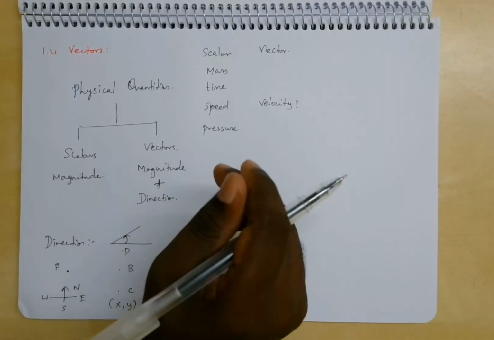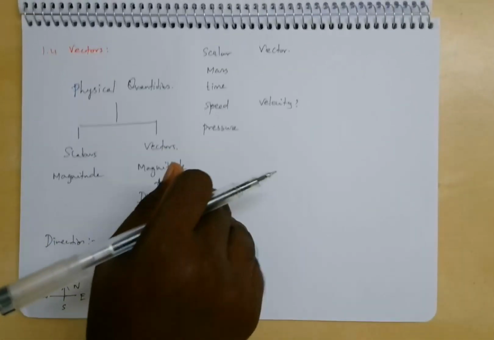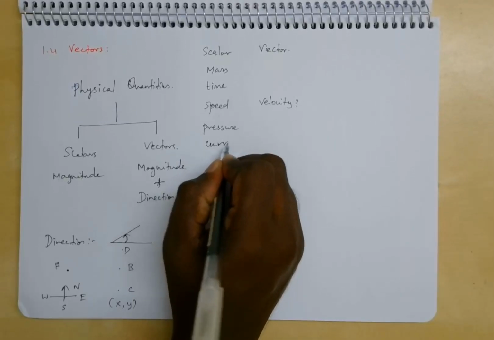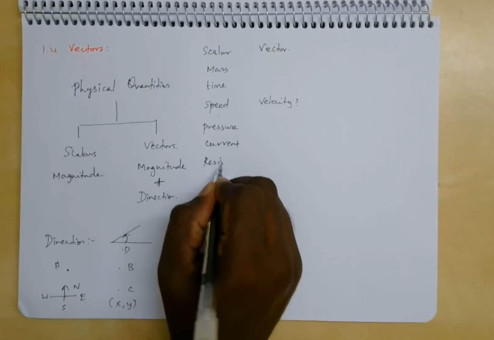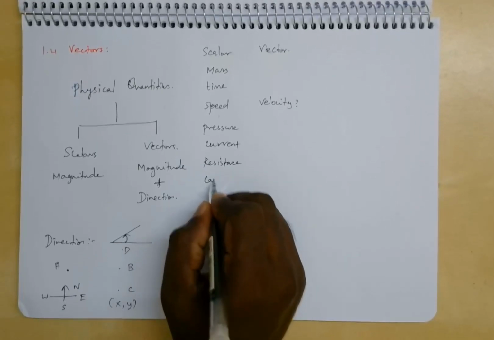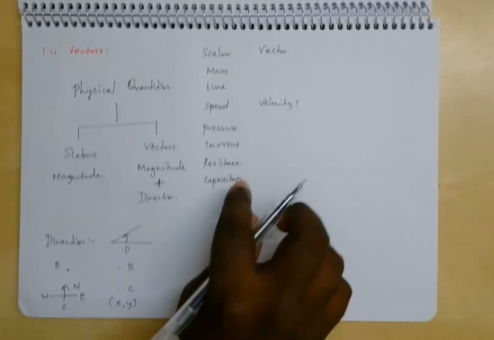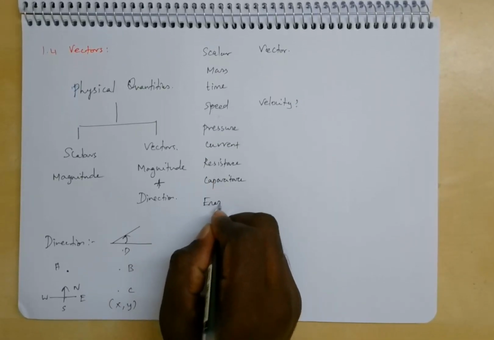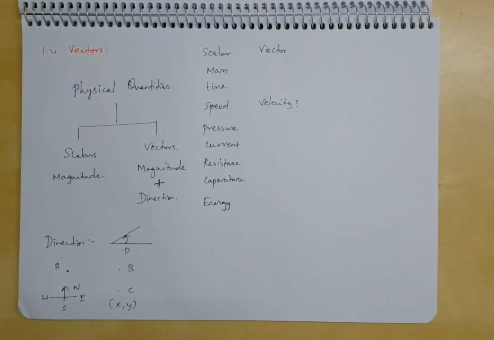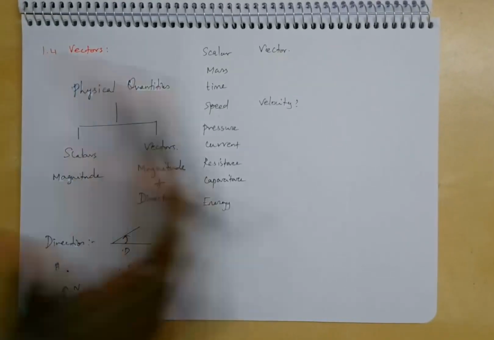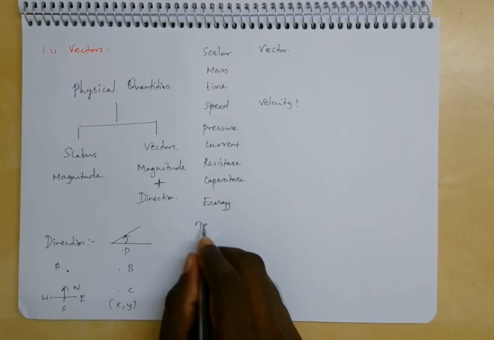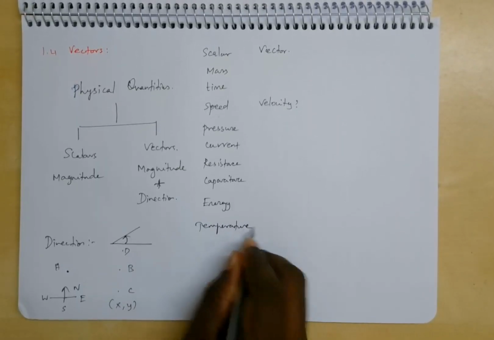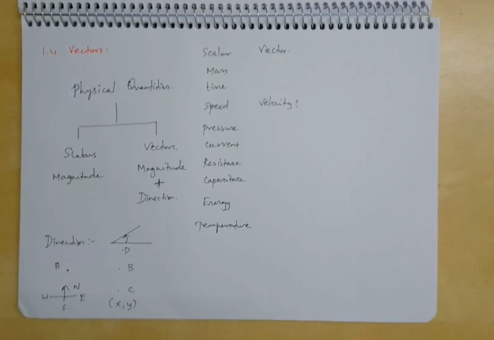For example, first I list out all the quantities that are scalars. Current is a scalar, resistance, capacitance, what else in basic, energy, temperature, we have already written. So there are actually many scalar quantities, but in our list,